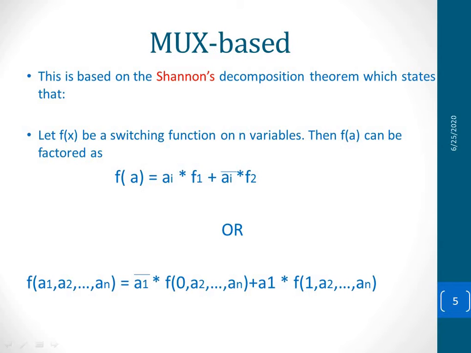Getting with me? See, the function is with the variables a1 to a10. So a1 is taken out. First it is complemented, and in the first place where a1 is present, it is replaced by 0, and here it is the uncomplemented form a1, so it is replaced by 1 in the a1 place. So this is how Shannon's decomposition theorem is applied.